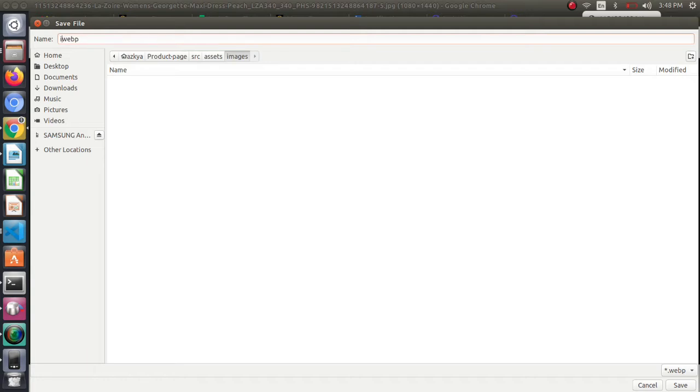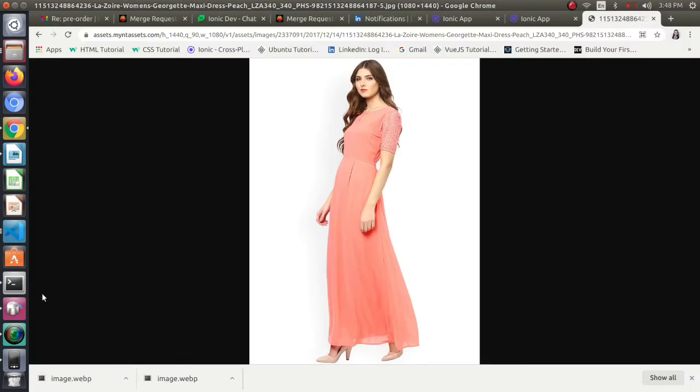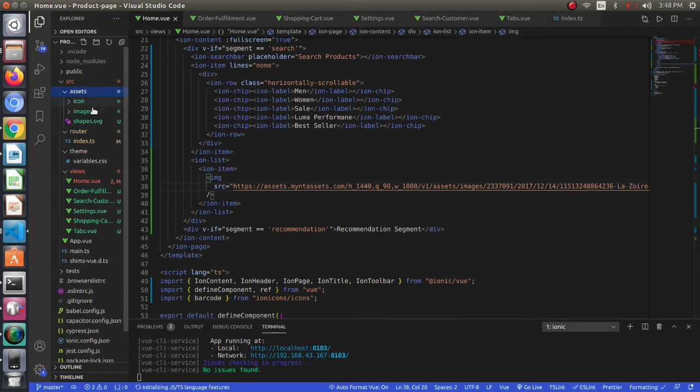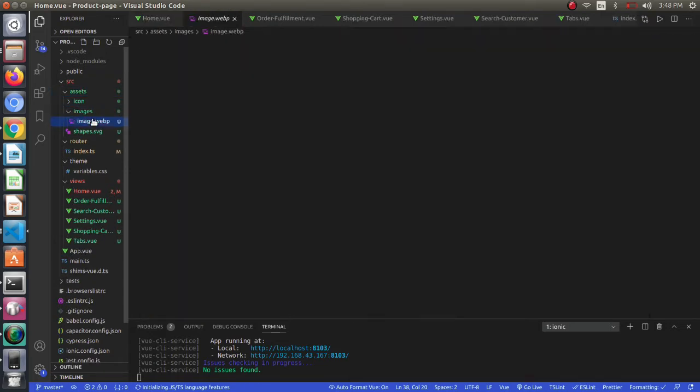I will give it an image name and save it. As we go towards our source folder, we have assets, and then I have an image like this.